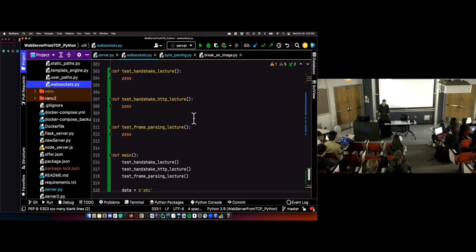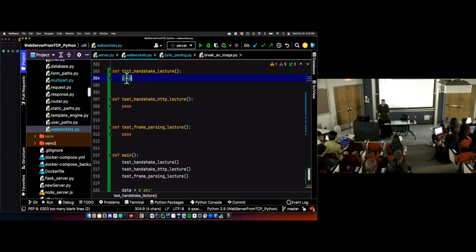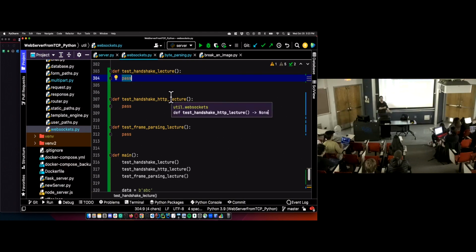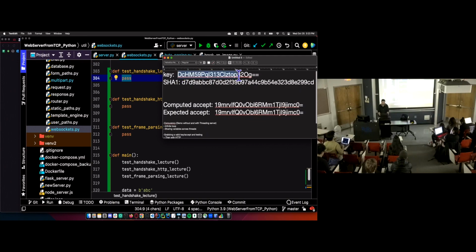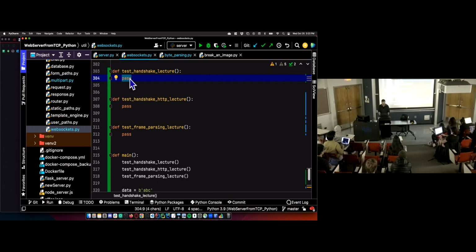Okay. All right, so let's write some tests. We want to test the WebSocket handshake. I want to do this in 2 steps because last semester I did it in 1 step and then everybody still had bugs. So let's do this in 2 steps. I'm going to take my accept and my key. I'm just going to take the ones we got from last lecture by going to Twitch, and I'm going to